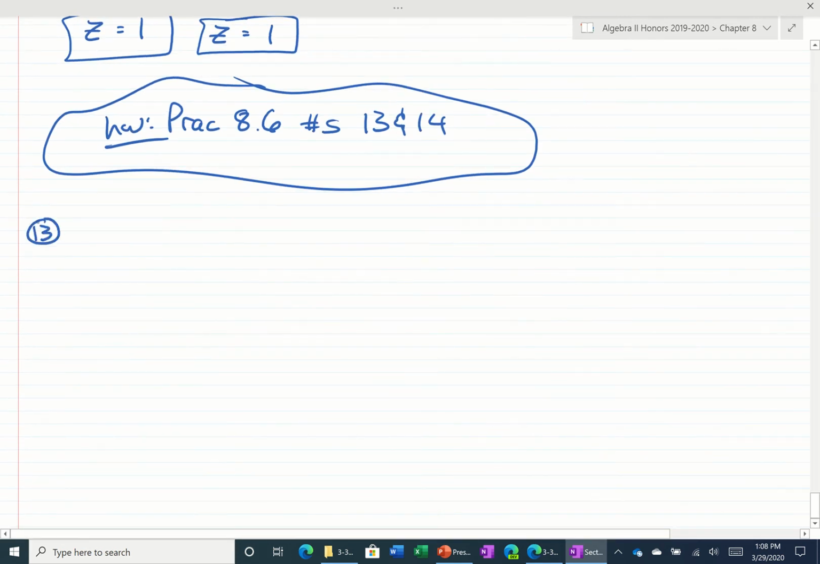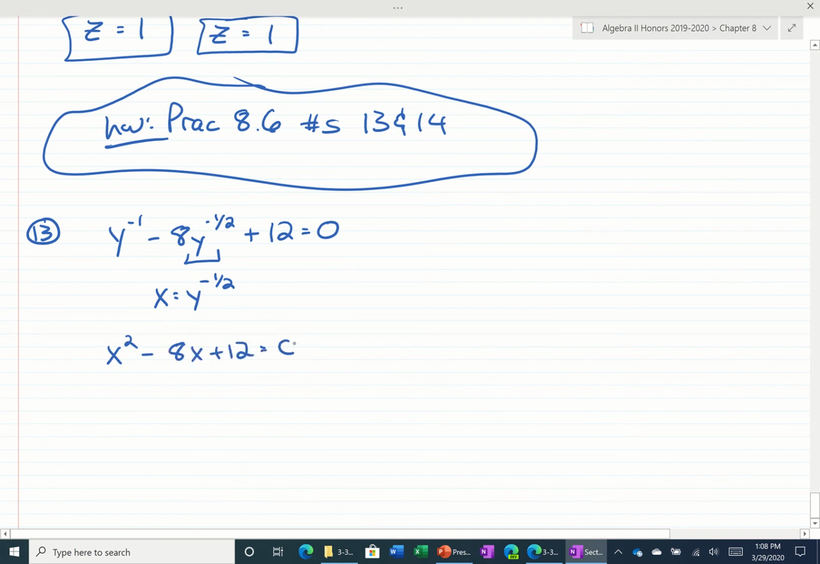For number 13, we have y to the negative first minus 8y to the negative 1/2 plus 12 is equal to 0. As we've done in the past, we let this middle variable be our substitutable value, because we know this to the second power would be y to the negative first. So we could say x to the second minus 8x plus 12 is equal to 0. And if we factor this,